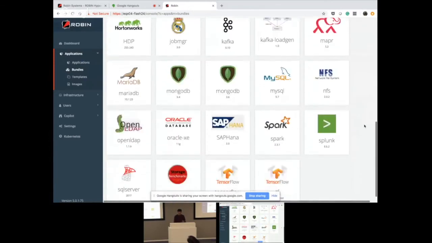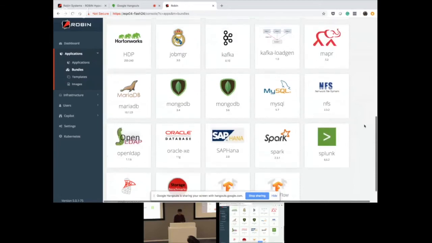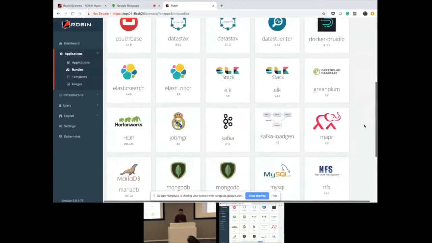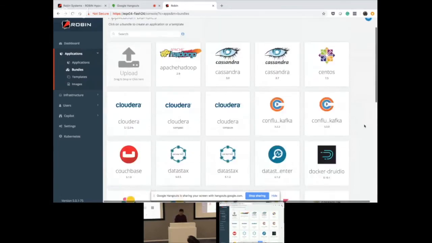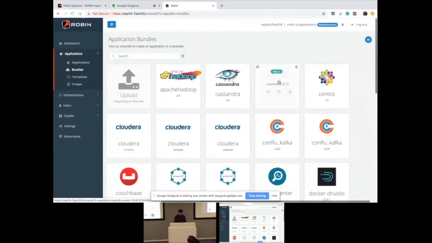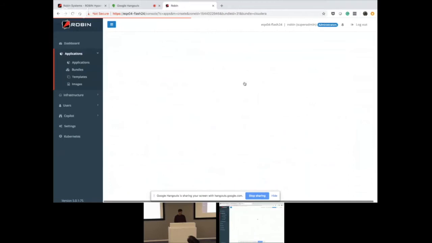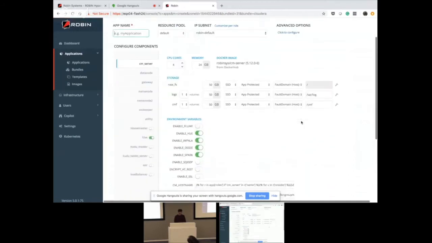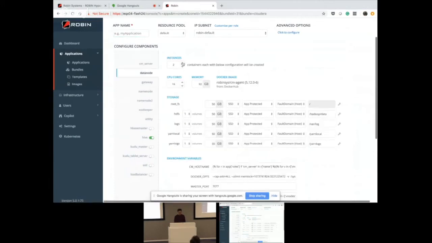Everything should be there, and some AI/ML applications like TensorFlow, Spark, Splunk, and we also support Oracle and SAP HANA on the platform. Now, just creating the application, you can click, say, this is Cloudera. You will see different roles that are possible for Cloudera, and we will deploy all these applications. So you see CM server, data node, gateways, and you can control how many data nodes you want.